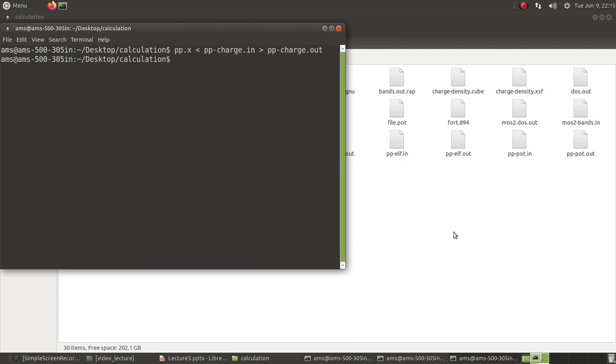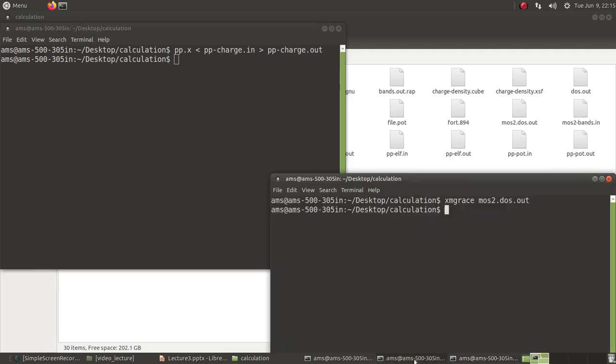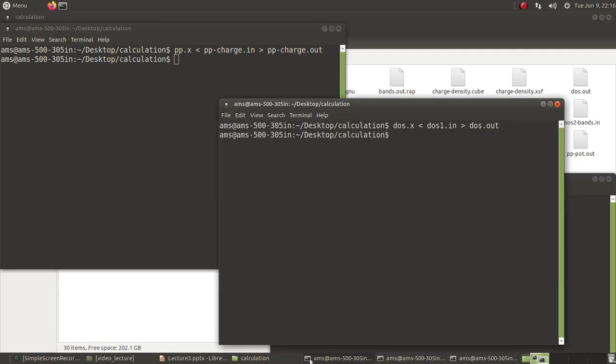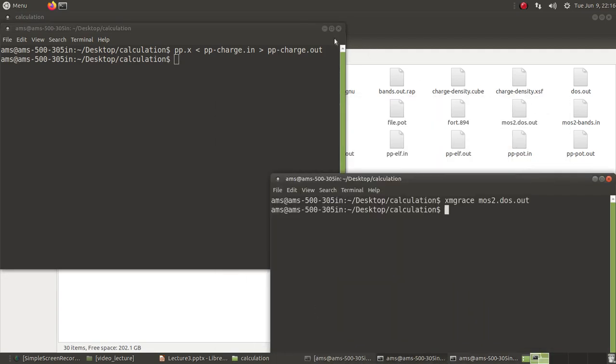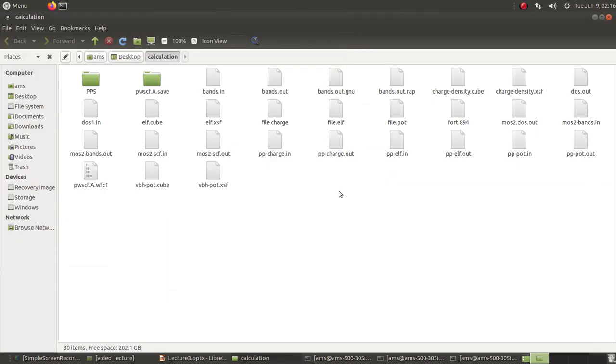You can also write it in a different format, for example if you want the XSF format for the crystal, then you have to use a different value for certain flags.